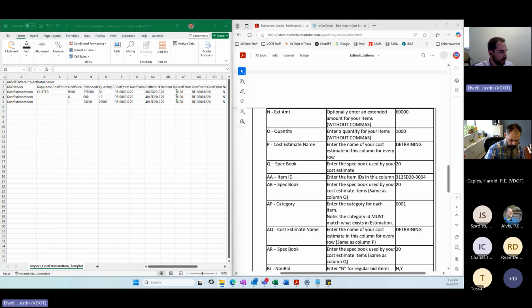Let me see quick how I have this listed elsewhere. Nope, you're right. I actually do have no leading zeros for line items on mine when I entered it, but I will make a note to see what happens when we test it out. We'll do one with a leading zero, one without, and make sure to get to the bottom of that when we approach that. So thank you. Great question, Ryan. Thank you.